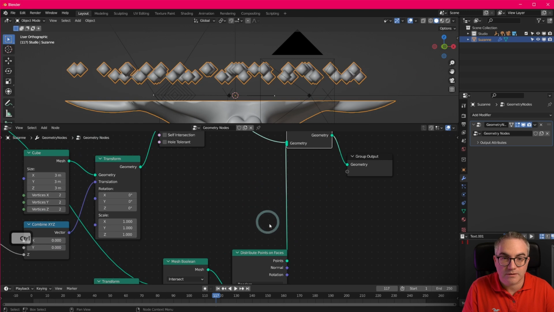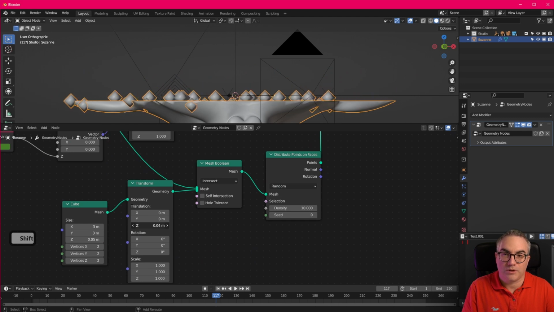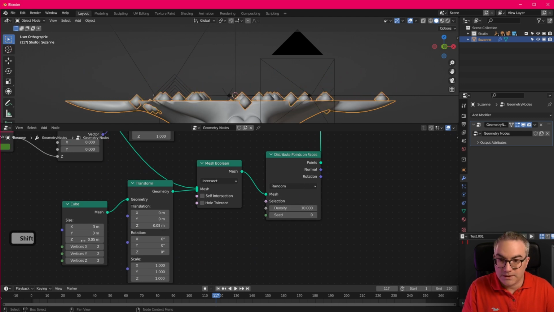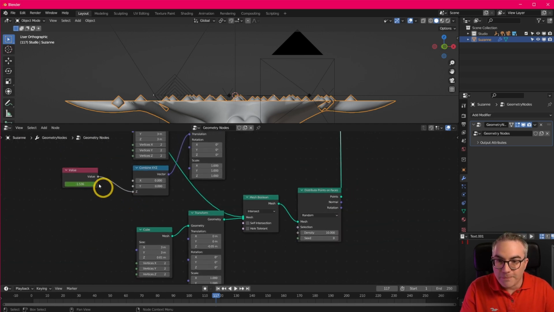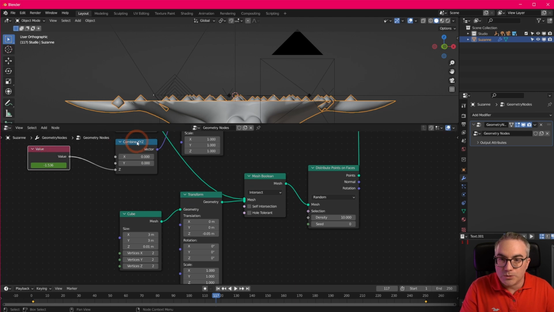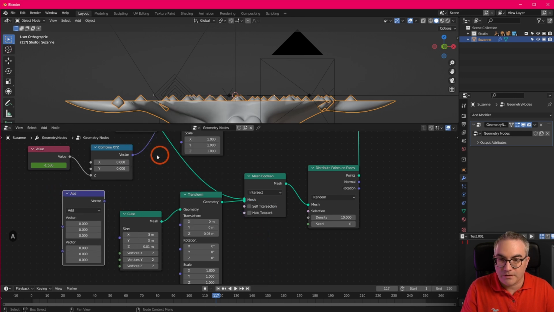So here we're moving that plate thing. Actually, I don't want to see the plate, so let's cut this. We just look at the points. So I want the points to be here somewhere. Maybe let me make this even thinner, because we really just need that slice on top. That's where we put the points. Okay, now of course we need to animate this cube that's not visible anymore up and down as well. So we need to combine X, Y, Z. How do we do this? We can take this guy and do vector math